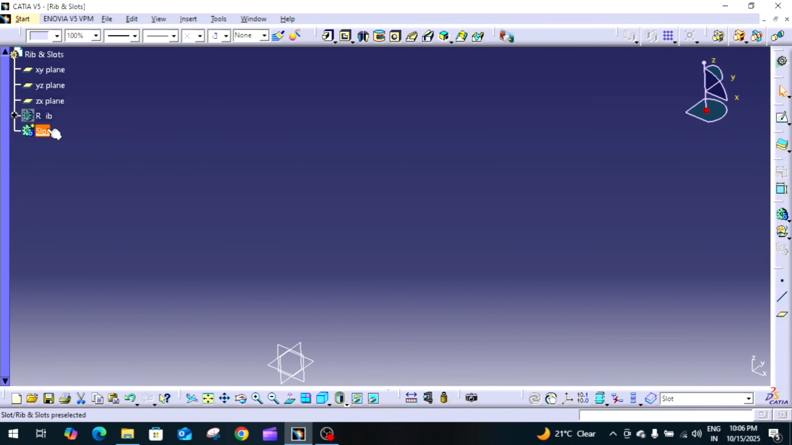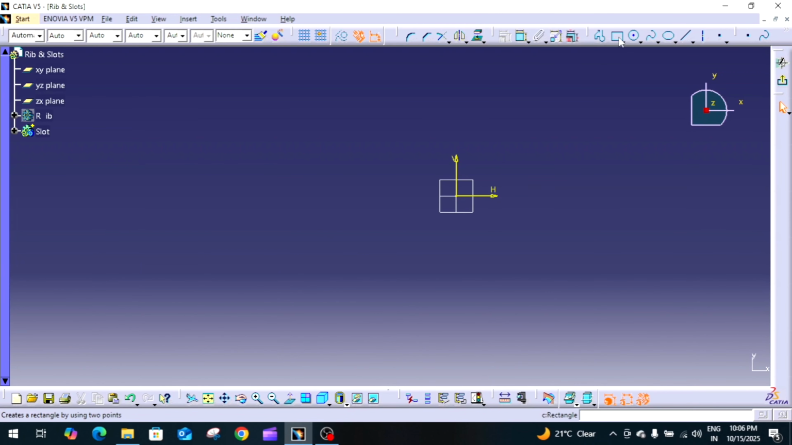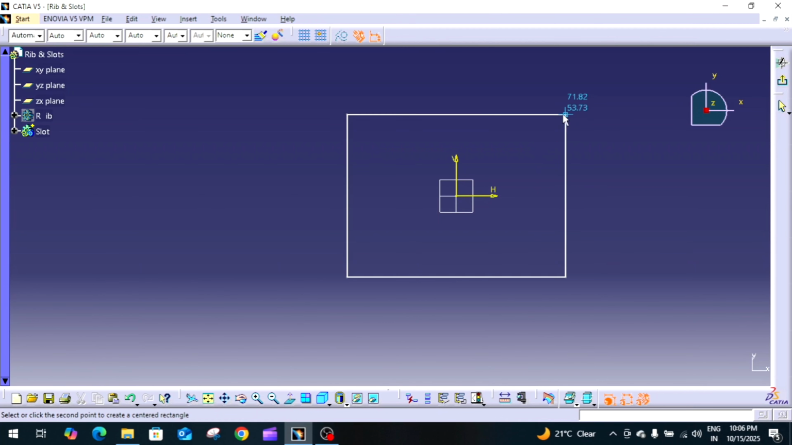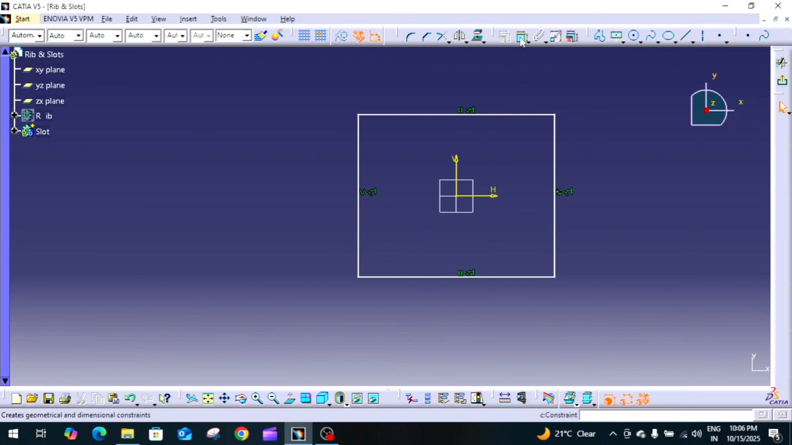Okay, let's go and create the slot. To create a slot we also need a base from which we remove the material. For that, first of all let's create a base. Click on the XY plane, click on sketcher. I am creating a simple profile here. Give the dimension,